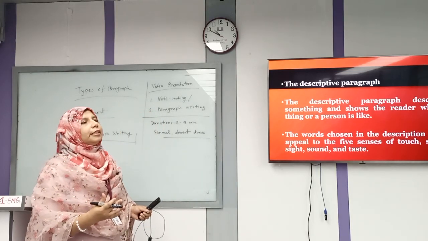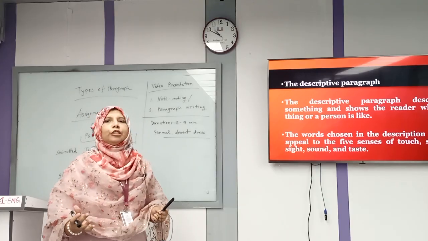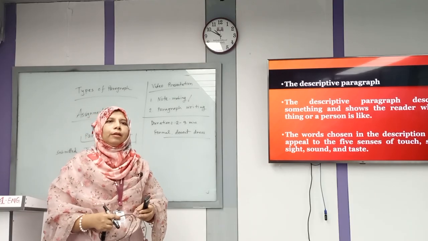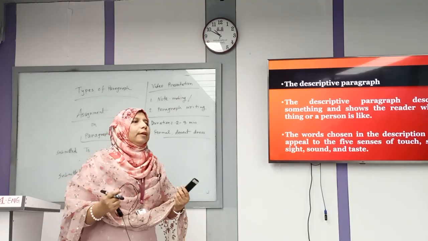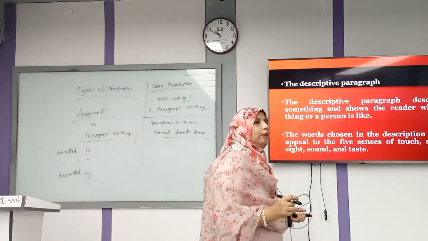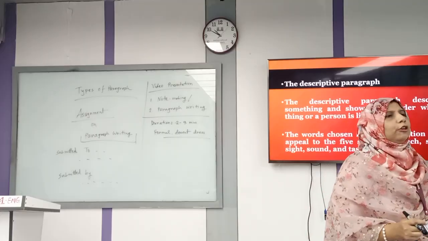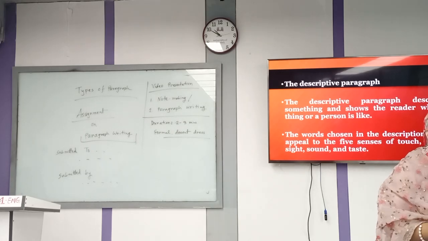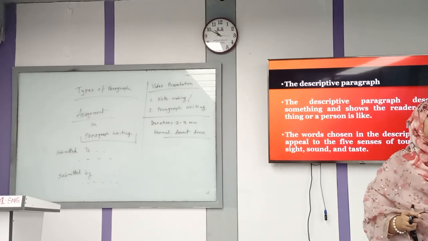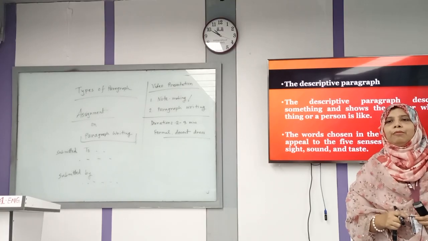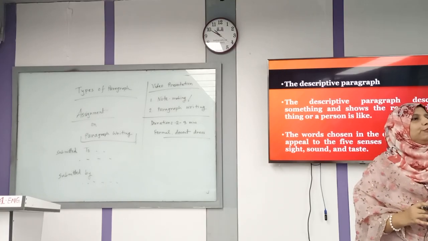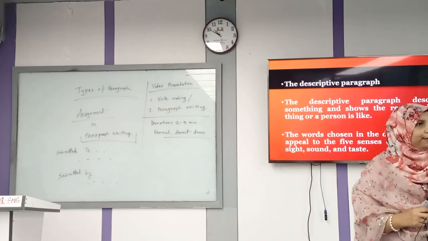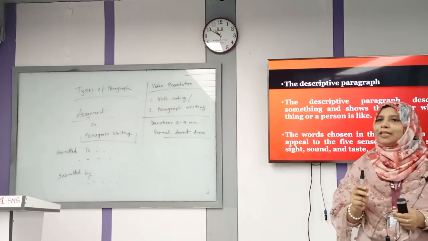Yes, describe something. Something means a place, a person, an object, or any natural element. To describe a person, a place, or any object, any inanimate or animate object, you have to describe in your own words. And I have already mentioned that people make the mistake, when writing a paragraph, of writing 2, 3, 4 paragraphs. Write only one paragraph. This is a very silly mistake, but you often do it.